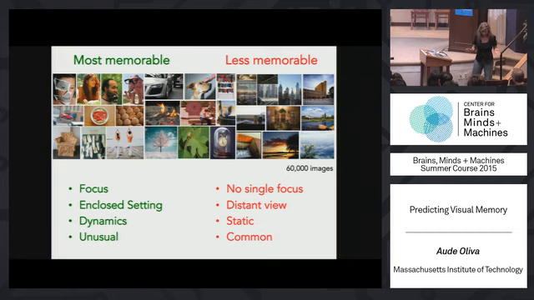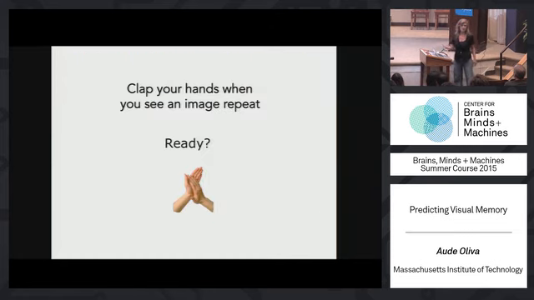So we have this new data set, we have all the memory scores, we have the high consistency. How do we even start thinking about a computational model of visual memory or memorability? In order to give you a sense of one of the basics we need to even start thinking of a model, I'm going to show and run another demo.